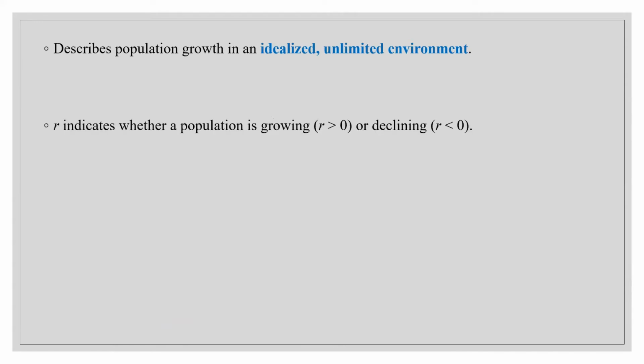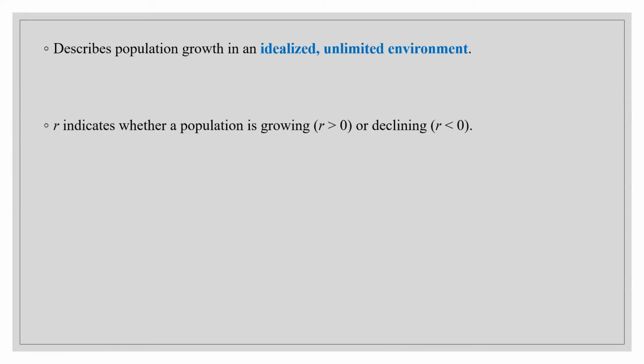So now what you have seen till now is that the exponential growth model describes the growth in an unlimited environment. Unlimited environment means that the population never ends, it is growing in an unlimited way, which is not the reality, and that we will discuss in the logistic model.